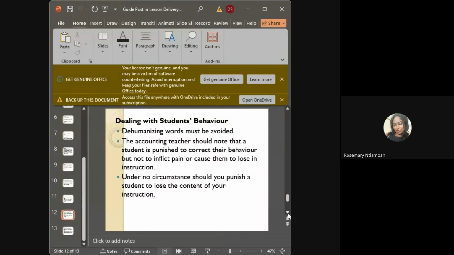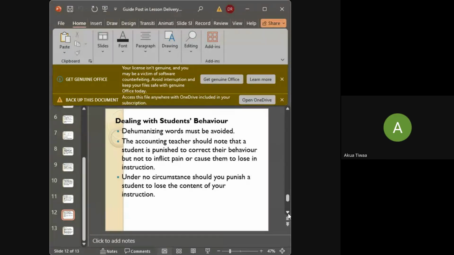Some too, when you call them to follow you, it's like it changed them because they feel shy that their colleagues are sitting and he or she is following the teacher. So I think what my dear gift is, it varies from one student to other. Some are very stubborn. Some too are shy and can't bear that, and then when you do that, they wouldn't misbehave again in class. But this boy that I'm talking of, you will turn and even do something otherwise. So I think it varies. Thank you.